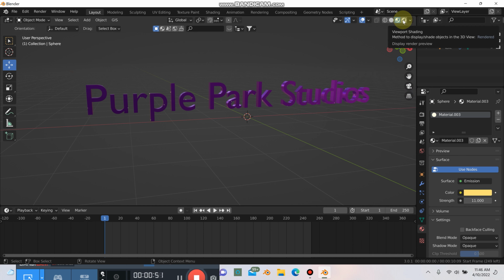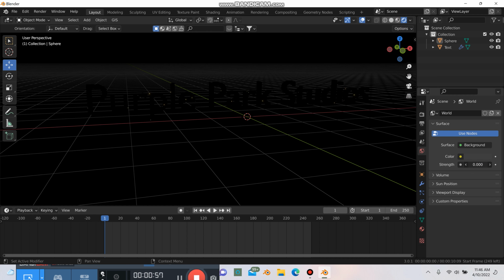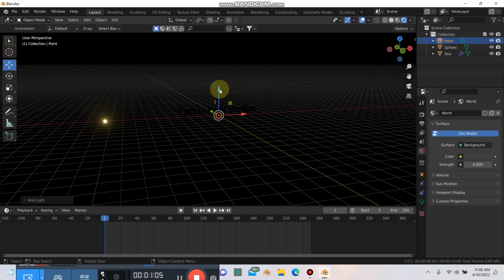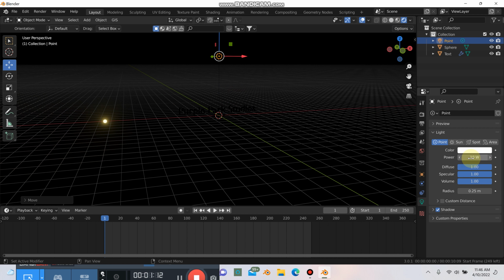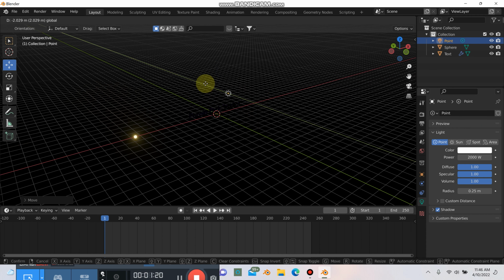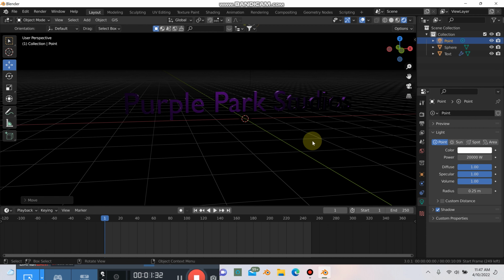So we can go over here up top to rendered mode and go to the world settings here and drag the color all the way down, the strength down to 0. Then hit Shift A and we'll just add in a point light, drag that up. And we can go to the little light properties here and change the power to something like 2000. Drag that down a little bit. Maybe try something like 20,000, just so we can kind of see it a little bit there. And now if we hit play,